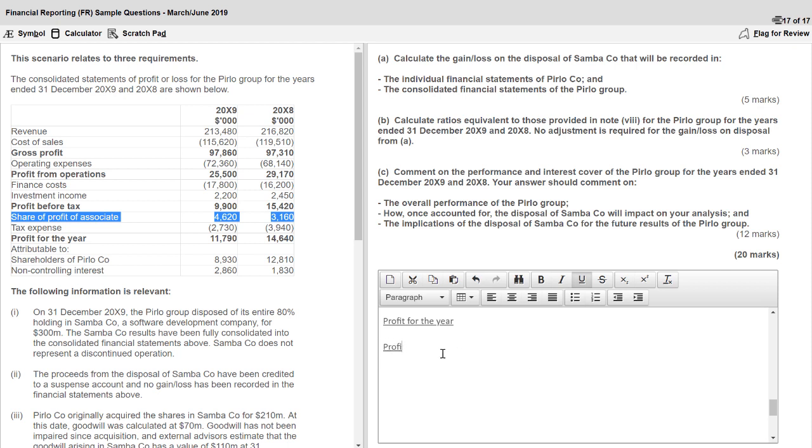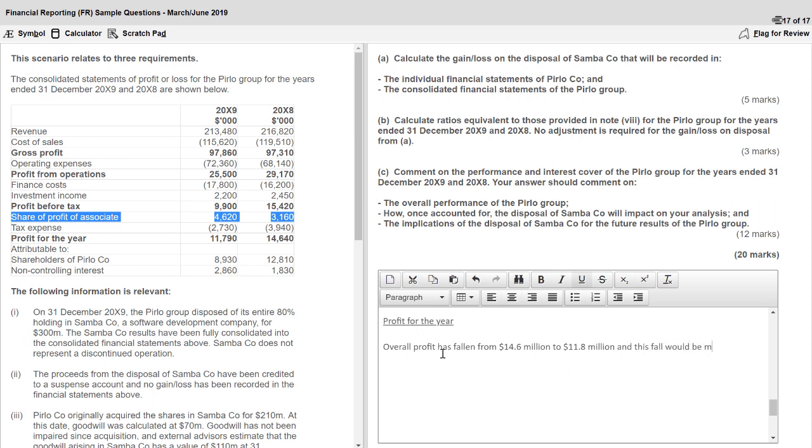Well, overall profit has fallen from 14.6 million to 11.8 million,